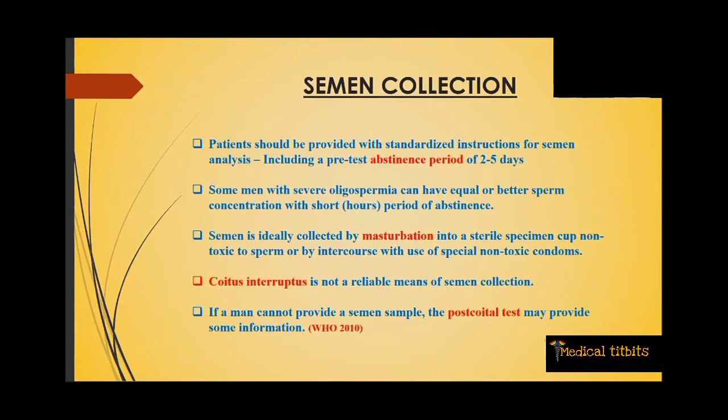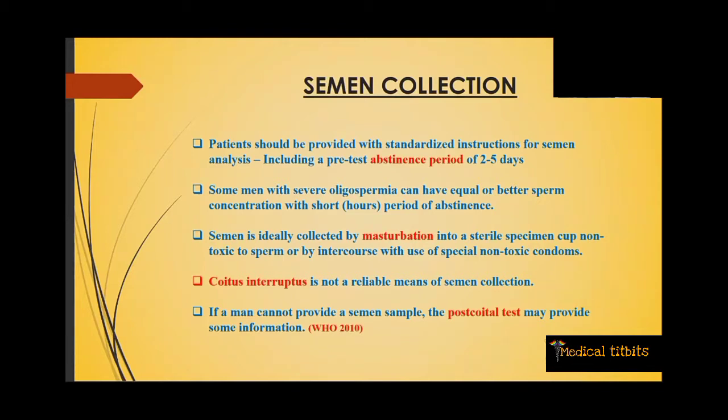Now, coming to semen collection for semen analysis. All patients should be provided with standardized written instructions, preferably. Abstinence period of 2 to 7 days ideally should be mentioned. In some men with oligospermia, short-term duration of abstinence can benefit them. Semen is ideally collected by masturbation into a sterile, wide-mouthed, non-toxic container. Coitus interruptus is not a reliable means of semen collection, as the first portion of the semen, which is sperm-rich, can be lost. In selected cases, semen can also be collected after intercourse with the use of special non-toxic condoms,